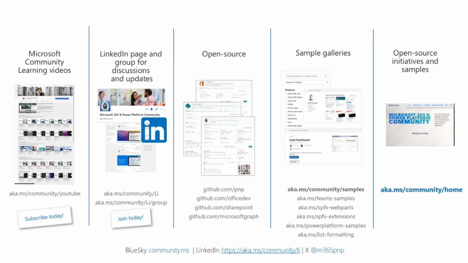We've also got, if you're looking for samples and code, these beautiful repositories filled with all of these. If you're looking for a SharePoint web part or a script, or working with M365 and the Graph, you've got a range of samples you can leverage for your projects, or if you're learning. It's up to you what you want to do with those samples. And these are all collated in the sample galleries as well. So you don't have to go hunting around each repo. You can leverage the single community samples.